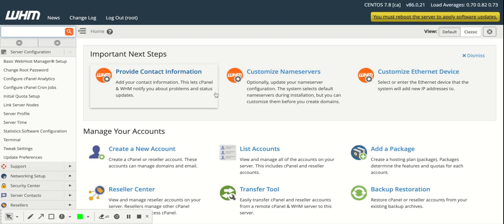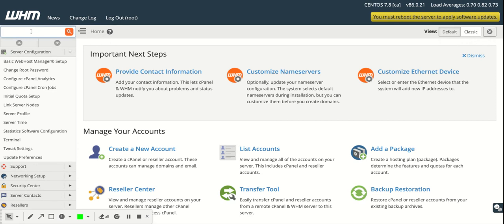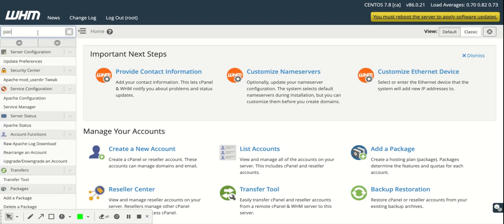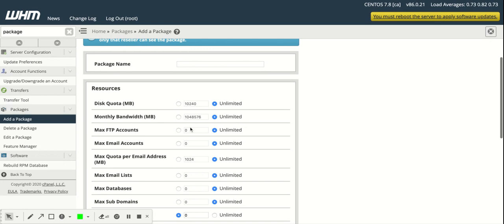Now, once we get into our portal, we will see this interface right here. So the first thing we want to do is make sure we create a package. On the left hand side corner, you just type in package, and then right here it says add a package. All you have to do is select the package type. You could go unlimited for everything right here, like the disk space, the monthly bandwidth, and then the max